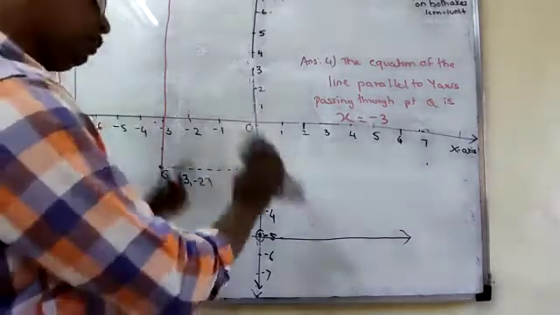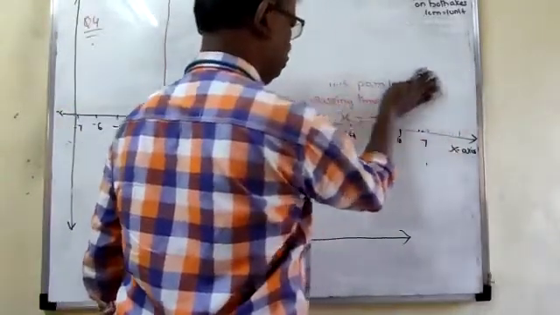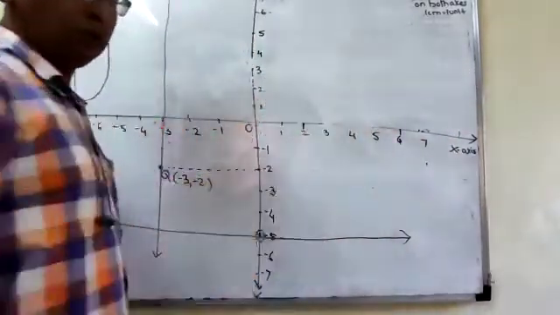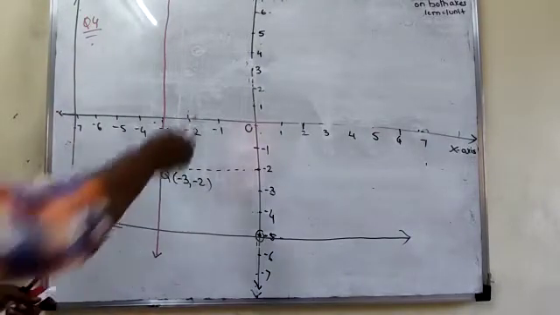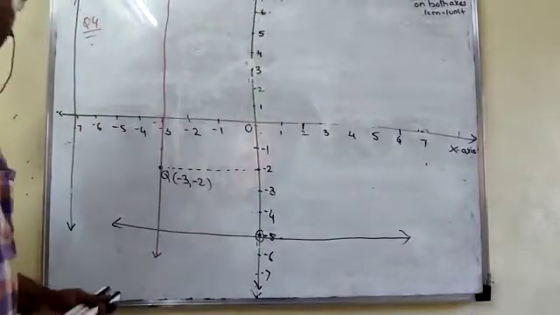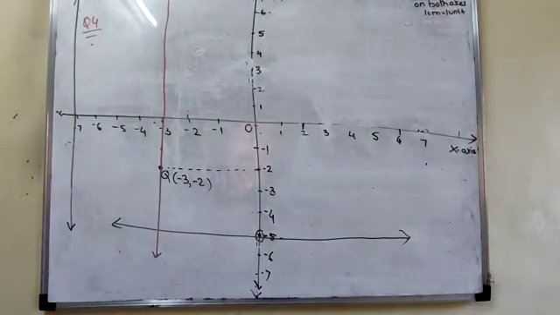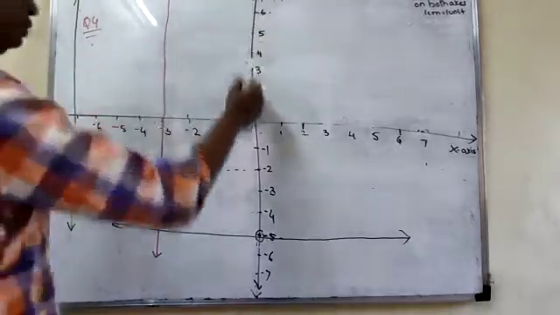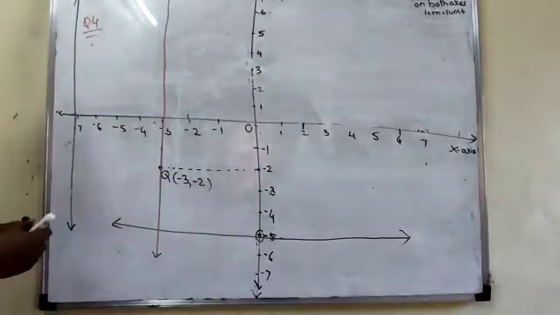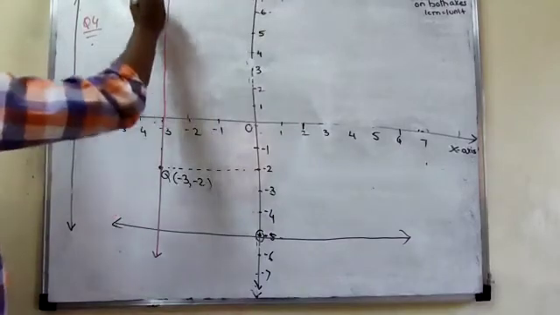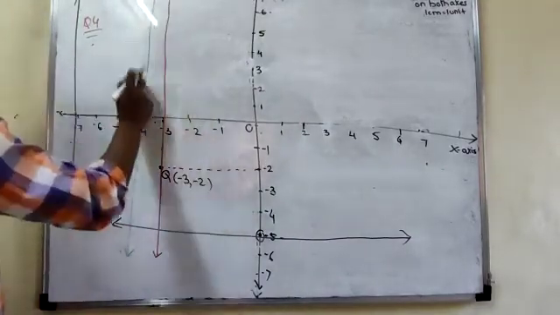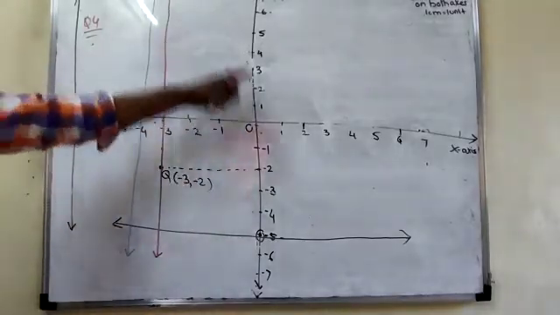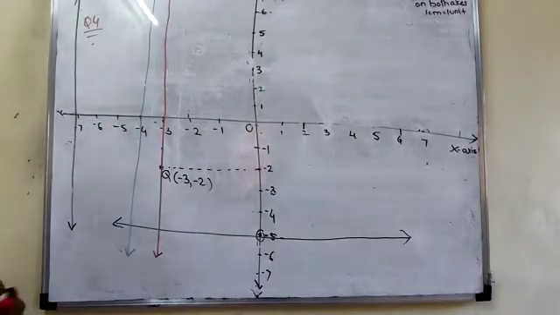Question number 5. In this only you draw. Don't take any new graph. Okay. There is a mistake in the question. The question is what? Y axis and x is equal to minus 4. Y axis and x is equal to minus 4. Both are what? They are parallel. See your question carefully. Y axis and x is equal to minus 4 are parallel lines.